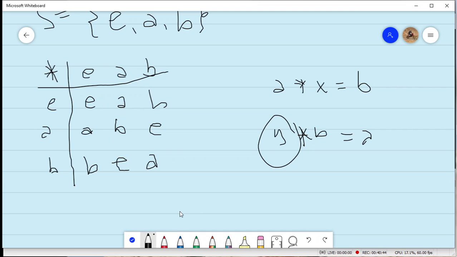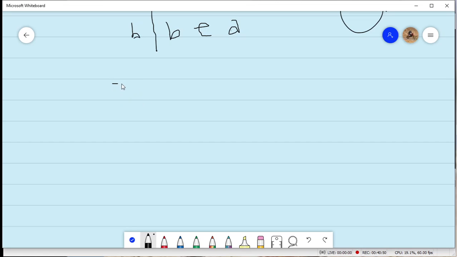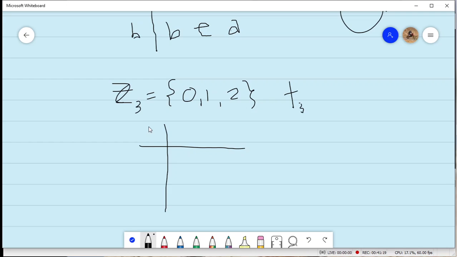Okay, take for example Z3 with elements 0, 1, and 2 under addition modulo 3. Meaning we consider only remainders when the number is divided by 3. So if we construct the table for addition modulo 3 for elements 0, 1, and 2,